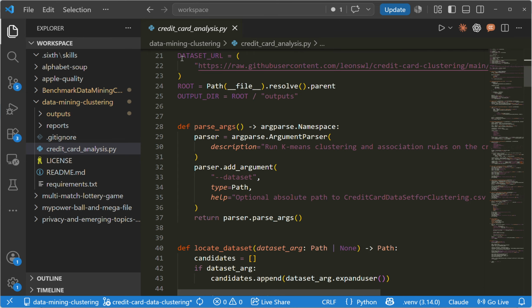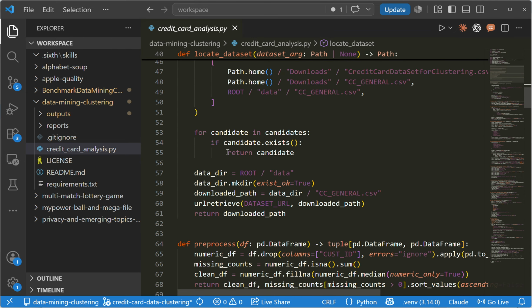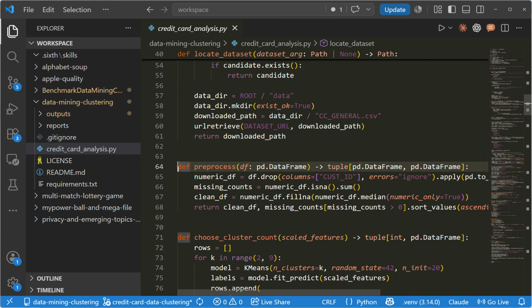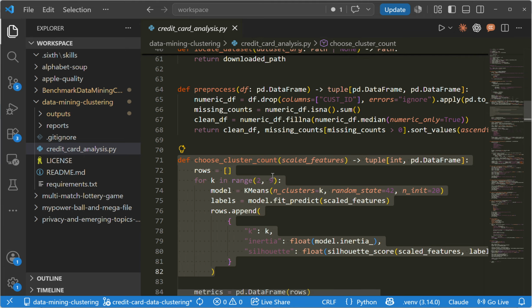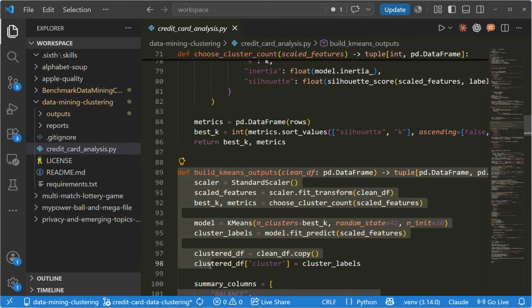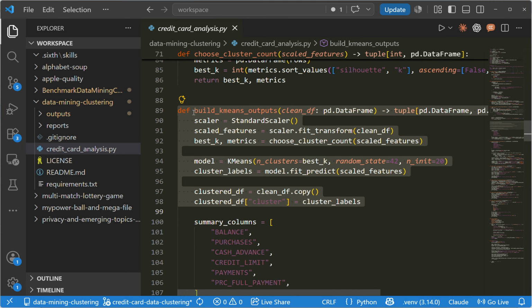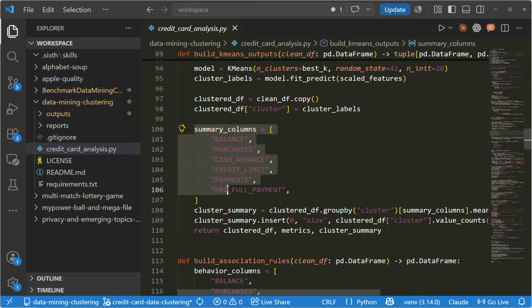So as you can see, this is where I have my data set, and then I went down after the data set. Now I went down to define the preprocess function. In the preprocess function, I have to choose the cluster type. Now I have to build the k-means function to generate the output once we run through the data set. The definition of the build k-means is to generate the output by going through the summary of the columns here,